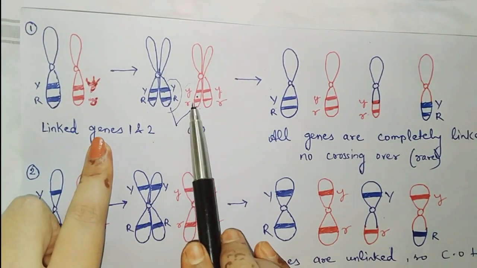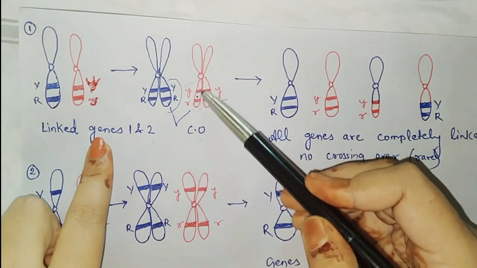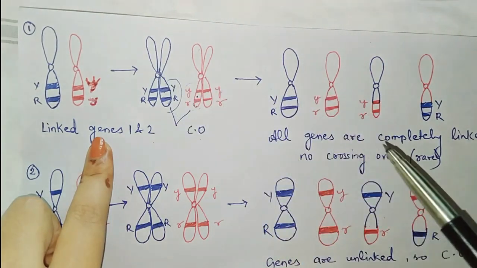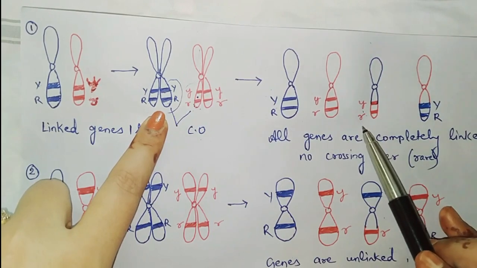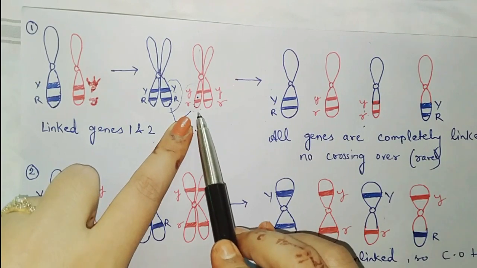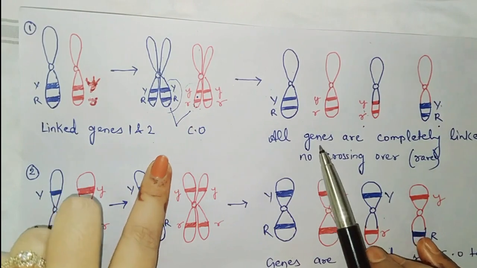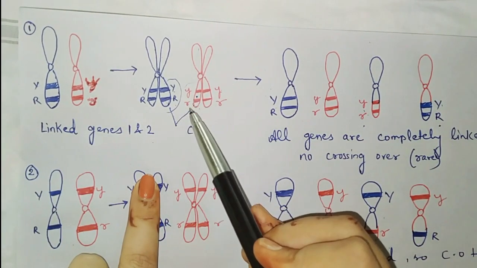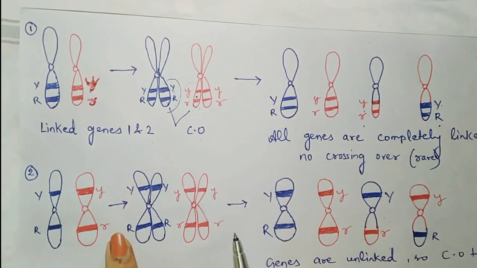See here, the small y, small r alleles have broken themselves from this chromatid and they have joined themselves with this blue chromatid, as a result of which the second chromatid has the allelic combination small y, small r instead of capital Y, capital R. And this third red chromatid has the allelic combination capital Y, capital R. So over here, due to linkage, capital Y and capital R, small y and small r, are not separated from each other, which you will understand better in this case.